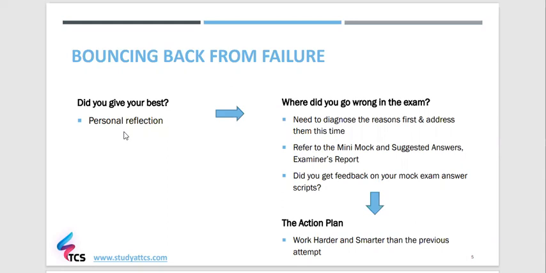Okay, so these are the things which you need to think about. You need to do your own personal reflection to figure out what you did do and what you didn't do. So I would suggest you to watch our first webinar if you had missed out on it, and I would suggest you to rewatch this webinar if needed, to actually figure out what had gone wrong.